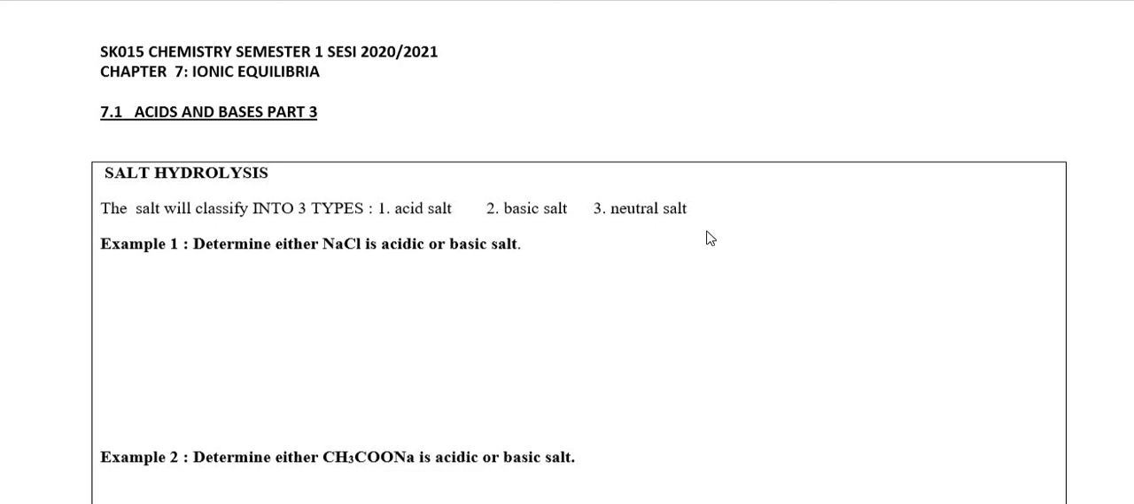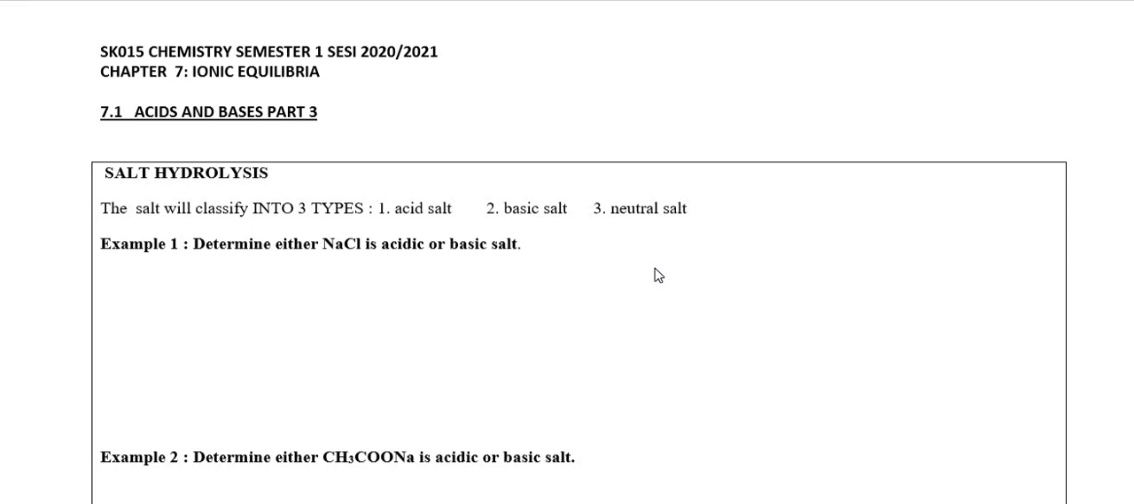Assalamualaikum dan selamat sejahtera. We go to 7.1 acid and base for part 3, which is salt hydrolysis. Actually, the salt will classify into 3 types, which are acidic salt, basic salt, or neutral salt. For further details,